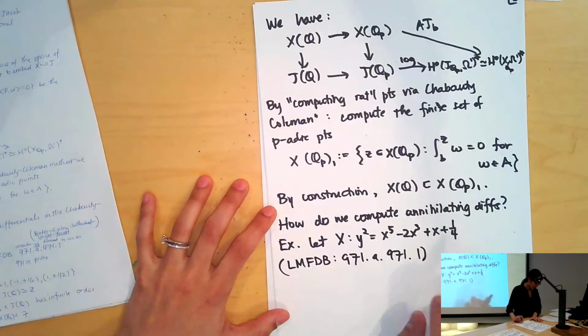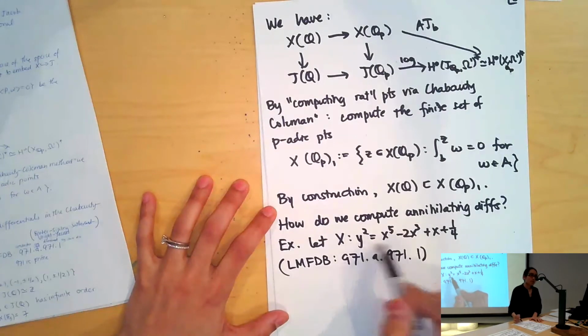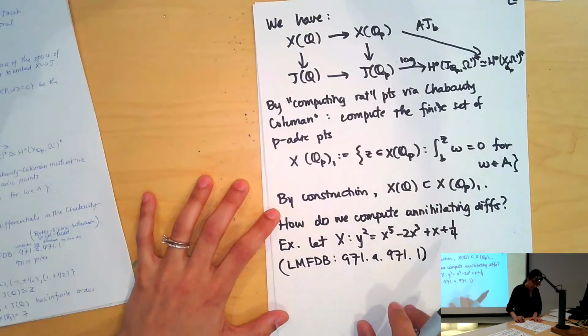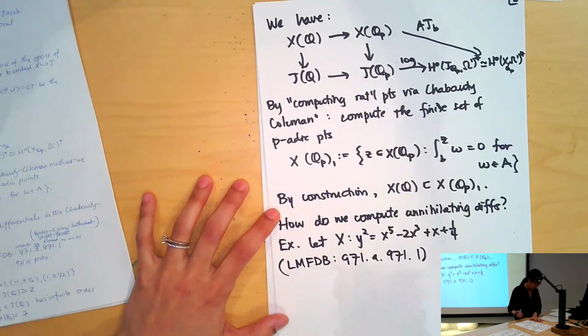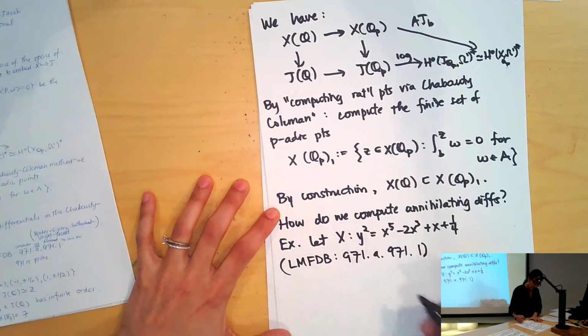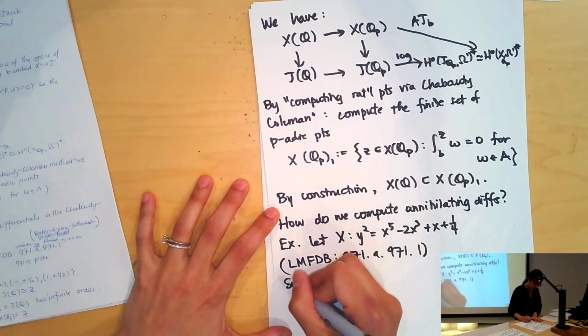Sutherland, Voight, and Yasaki. And I did a small transformation so it looks like y squared equals f of x. The label here tells you about the conductor and the discriminant. So this is a nice genus 2 curve to try to do some experiments with. So here are some facts